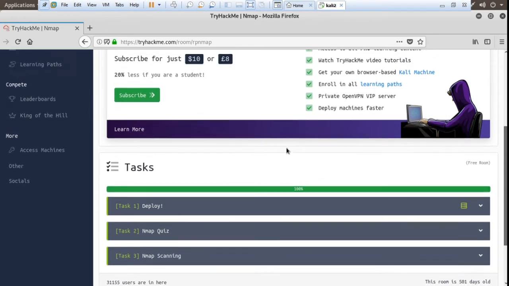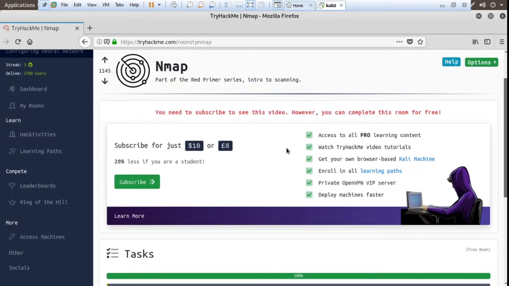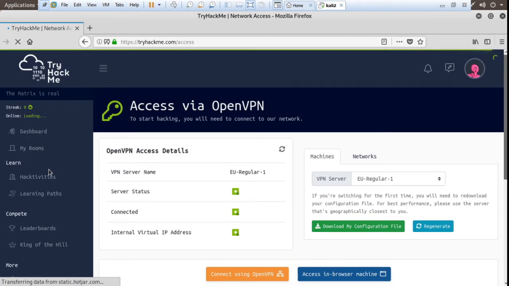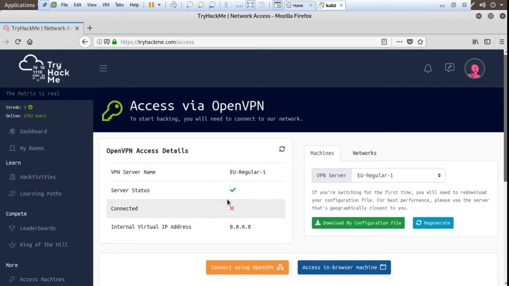So first, check whether your VPN connection is connected or not. I go here, and this time my VPN connection is not connected. So first connect the VPN.